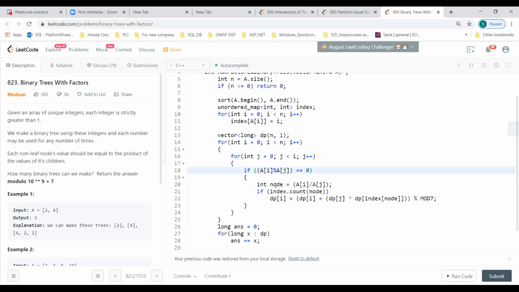Then we find if there is a node, because we want to find a pair, right? So we need some pair of A[j] and the node which, if multiplied, gives A[i], right?